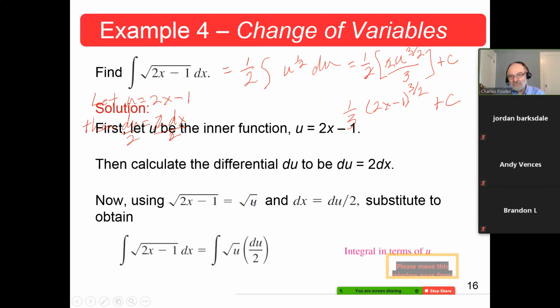I would write it as u to the 1/2 power. I would have done that. They just kept it here. dx is du over 2, so this was that, and this is that. Again, they're putting too many steps in here. So easy, just pull that to the outside and write that as u to the 1/2. I don't know why they insist on doing this, but maybe it's easier to see.